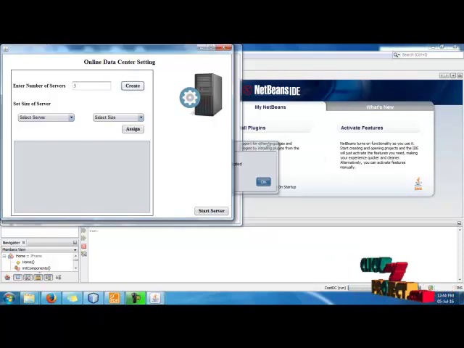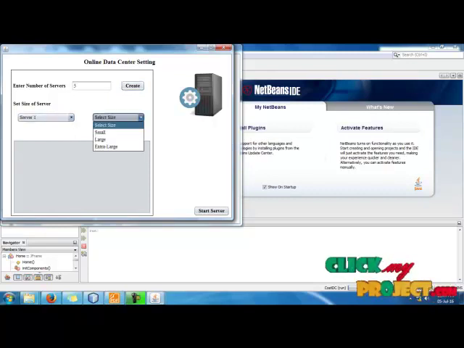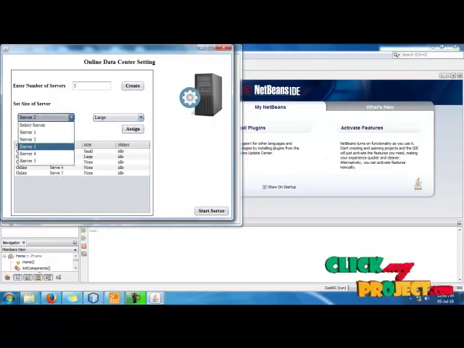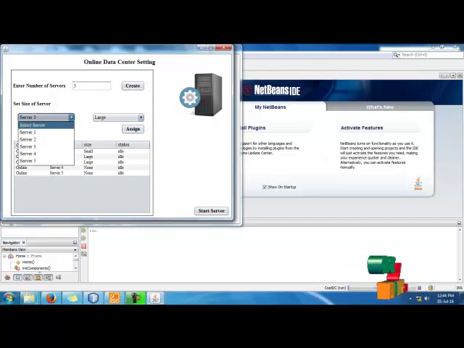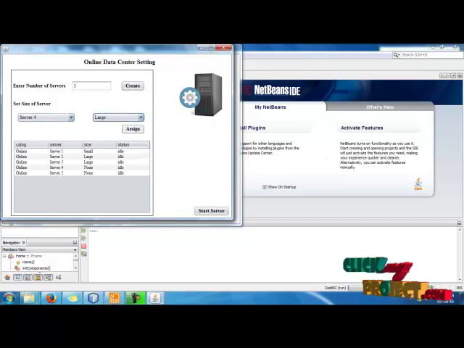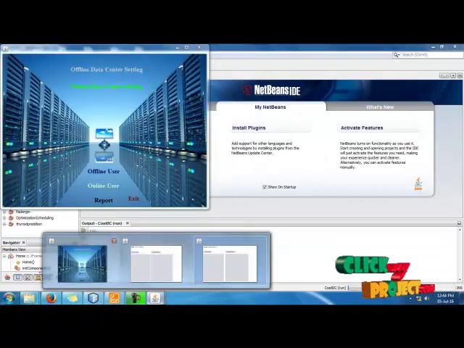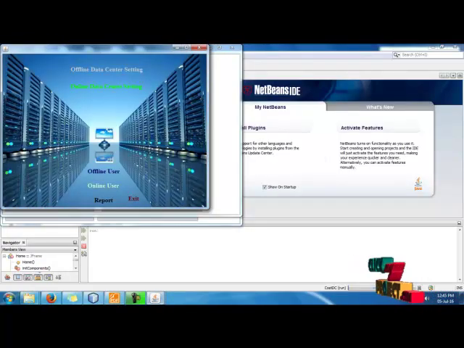We created 5 servers here. With the same, we define the servers of the online data center settings, and start the process of the data centers, both offline and online.